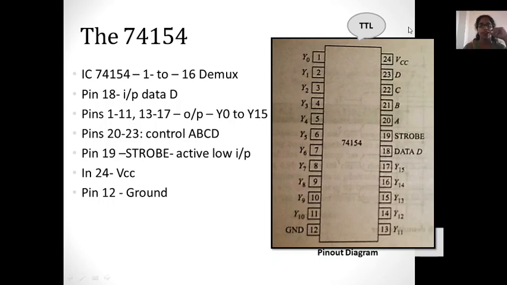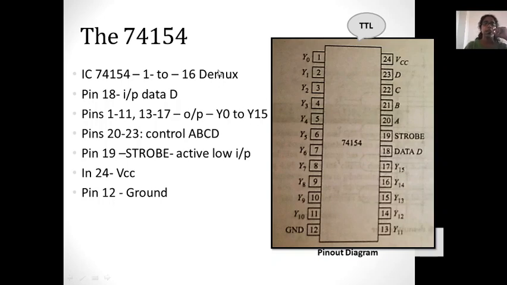That's the only change. That is, we know that active means we feel it is high. But for the IC, here it is low. Got the point? There is an inversion since there is a NOT gate at the output of this IC. That's why it is using transistor logic.